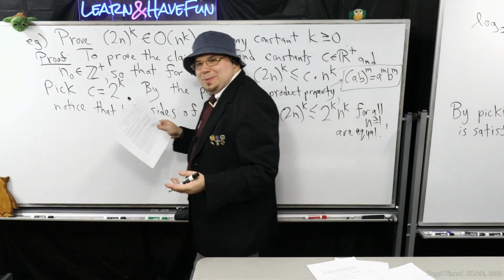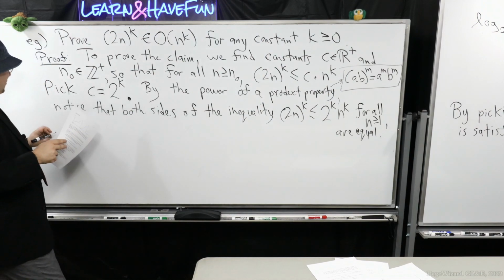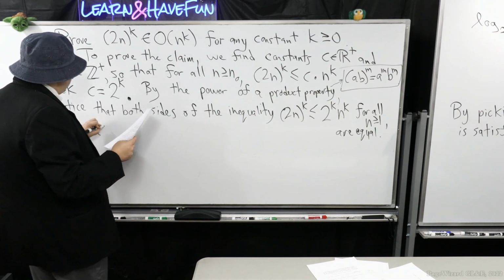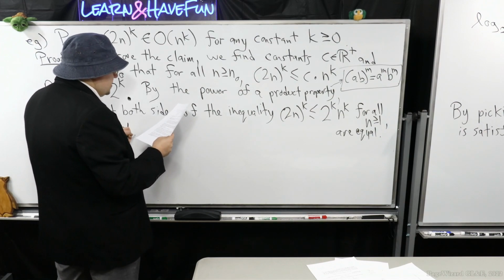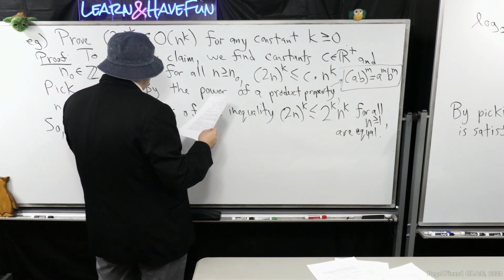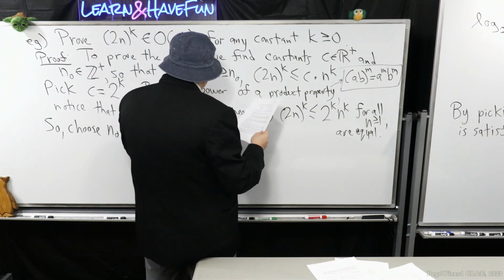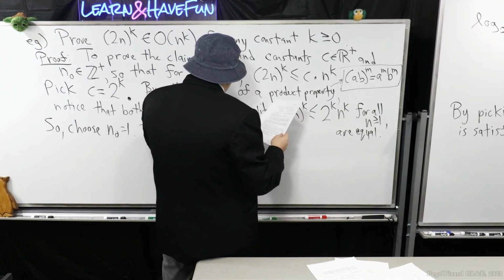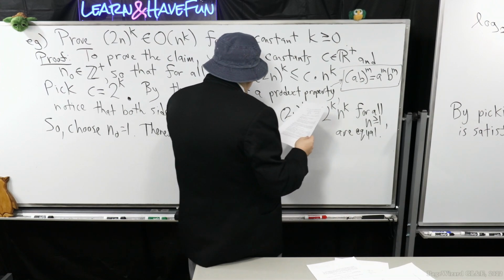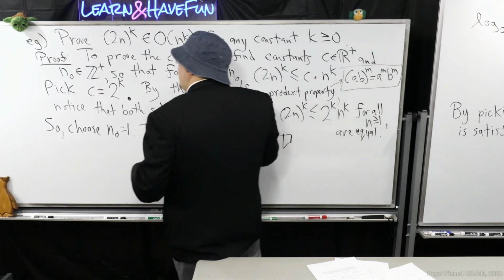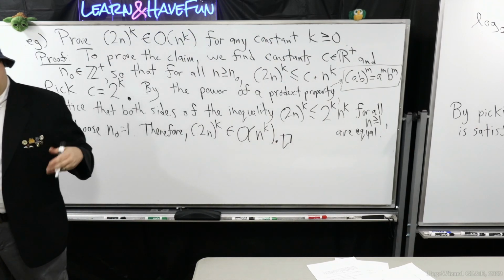So now all I have to do, well, I already know what n0 should be. It should be 1, right? So choose n0 is equal to 1. Therefore 2n to the power of k is big O of n to the power of k. And we're done. So with this proof, now you know that polynomials,